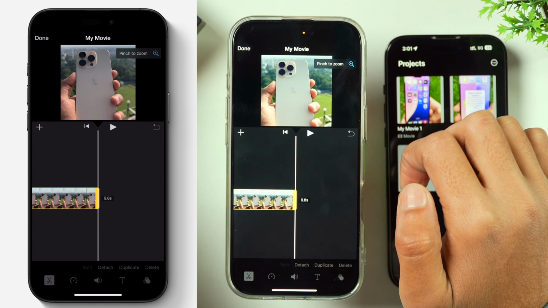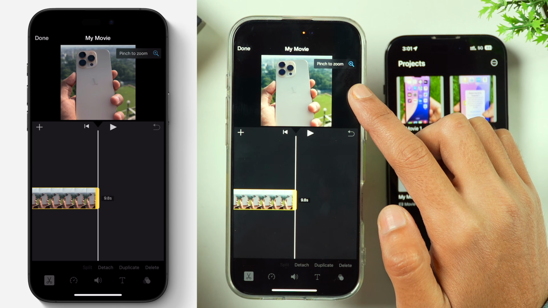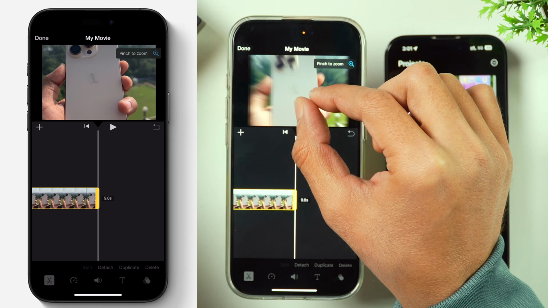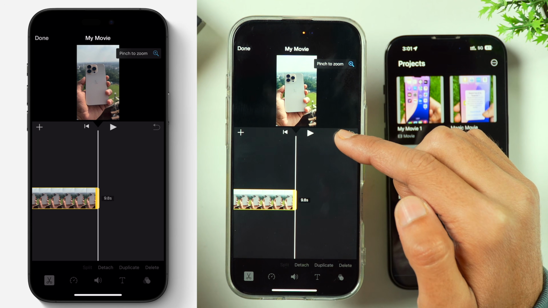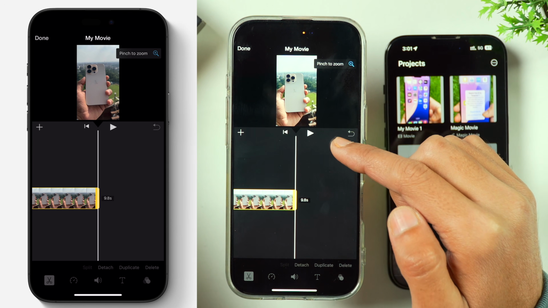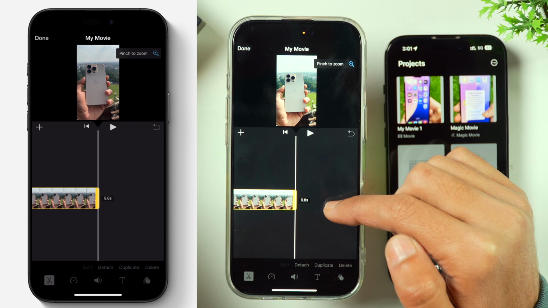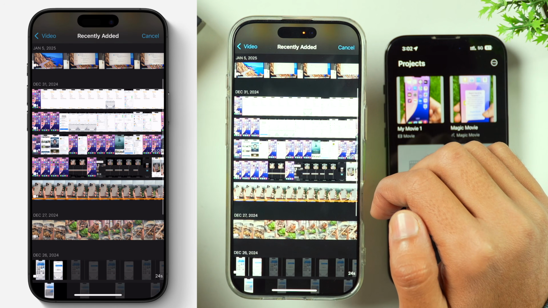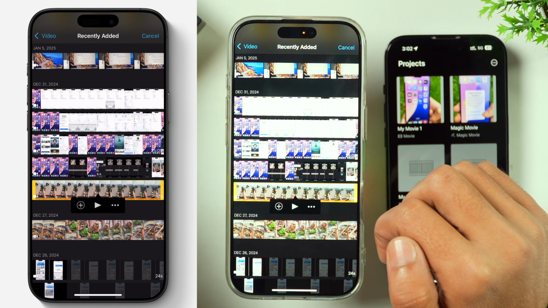So we will tap on that magnifying glass and after that you can simply pinch it to zoom like this or pinch out to zoom out like this. You can see the video is vertical, so we will resize it first. And once that is resized, we have enough space to bring another video as well side by side. So to add another video and put here side by side with this video, we will tap on plus icon again and after that we will select the video that we want to import there.